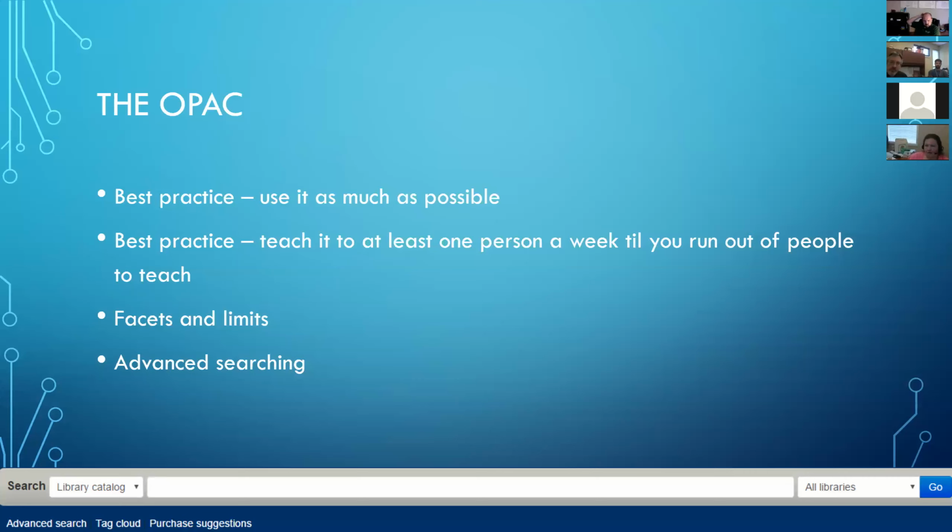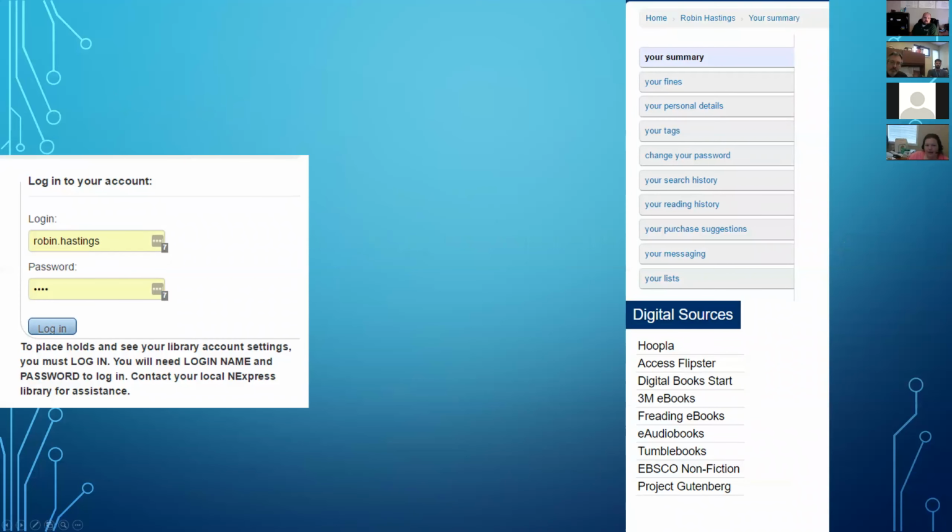Okay. So in the OPAC, when you first go to the homepage, catalog.nextpresslibrary.org, you will see a box off to the right that says log into your account. Here you will type in either your card number or your username, and you can set that in the profile page.